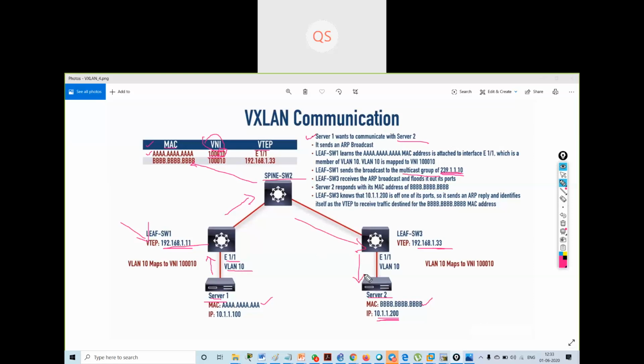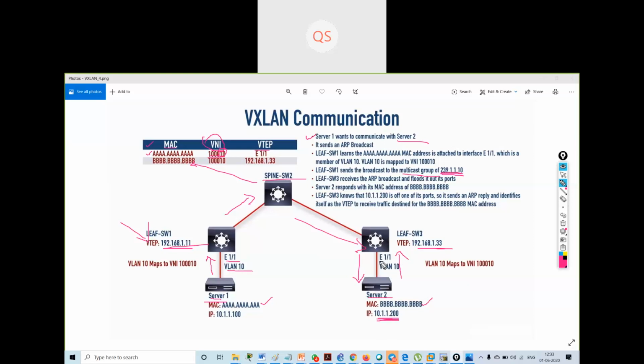It will check that the IP address is 10.1.1.200. This server 2 will say the packet is for me, and it will send a reply.